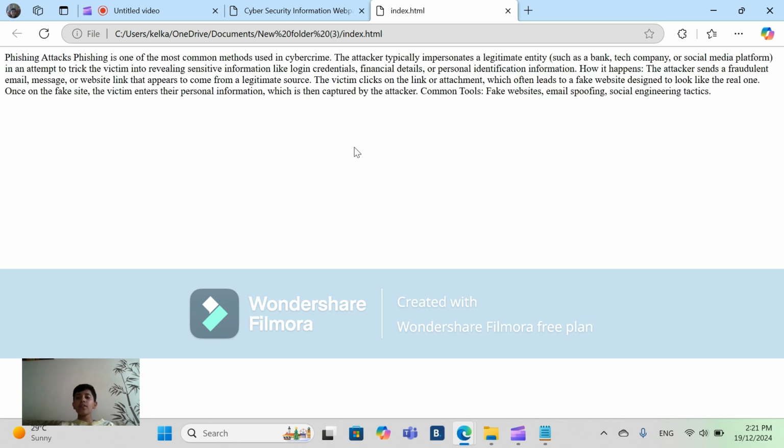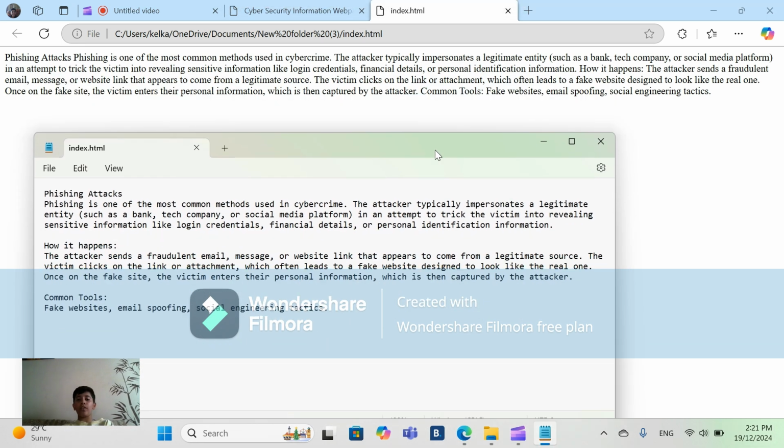You see, all of this text has popped up over here because I have saved it in Notepad as well and refreshed it over here. Yes, but this is not yet HTML. HTML means